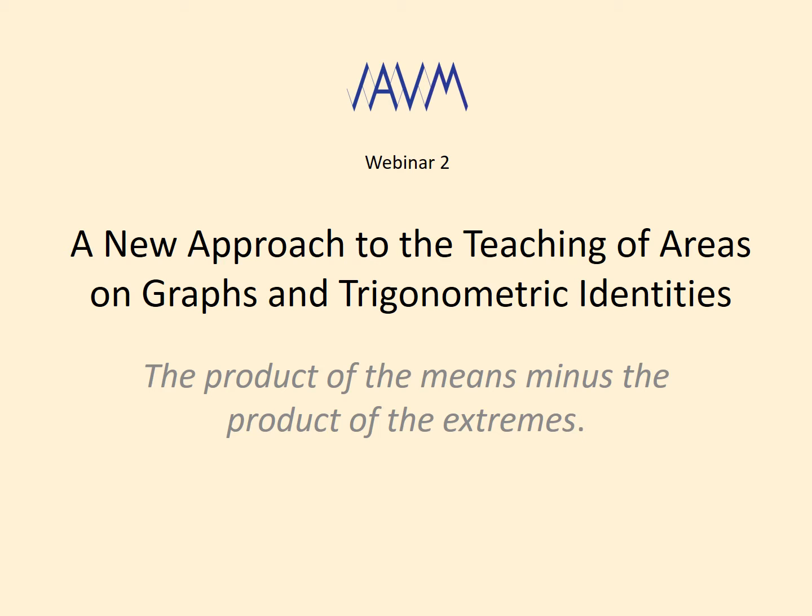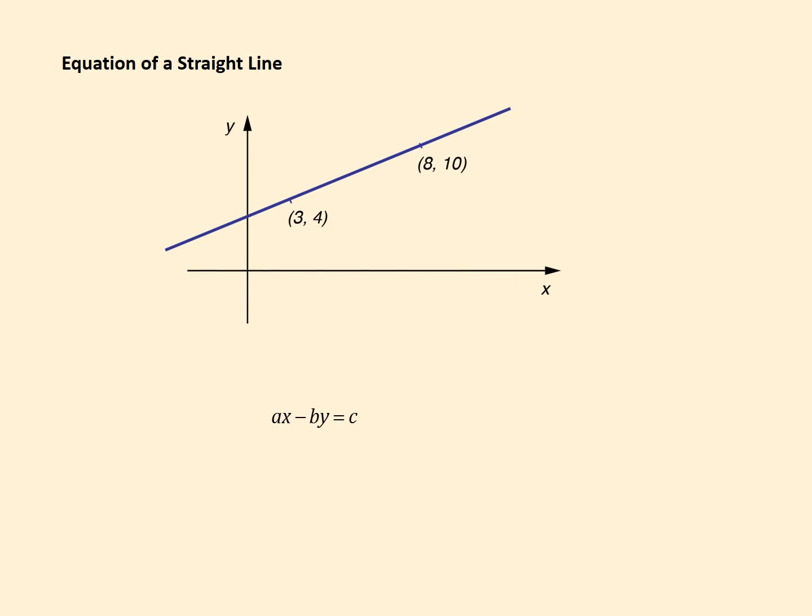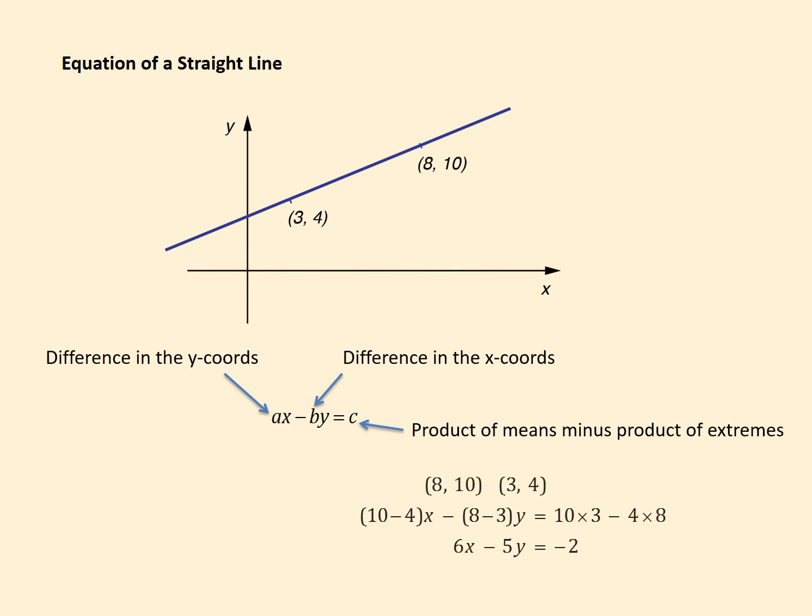And this is mentioned once in the book in connection with finding a line. The product of the means minus the product of the extremes is 10 times 3 minus 4 times 8. And here the word means the middle two numbers, 10 and 3, and the extremes are the outer two numbers. So we take this difference of the product of the two, and that gives us the equation of the straight line 6x minus 5y equals minus 2. But this rule can also be used to find